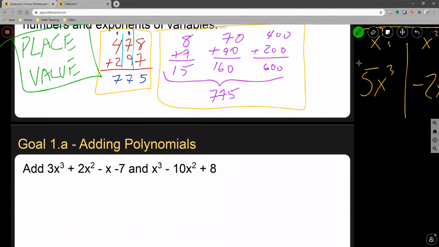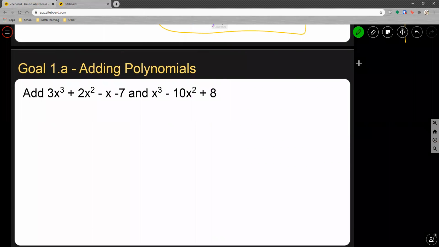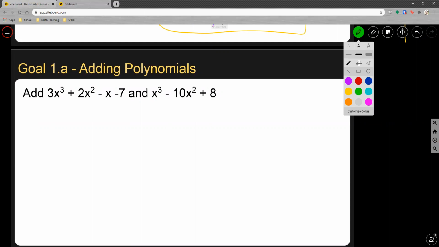Let's go ahead and scroll down and look at this example. Goal 1A is adding polynomials, and we're adding 3x to the third plus 2x squared minus x minus 7. And we're adding that to x to the third minus 10x squared plus 8. So I'm just going to set this up just like I would any addition problem. I'll put this blue